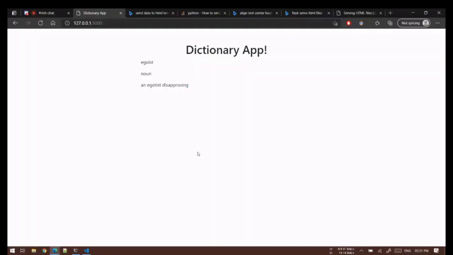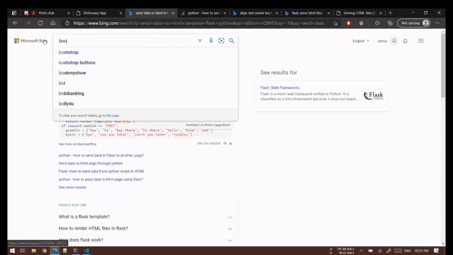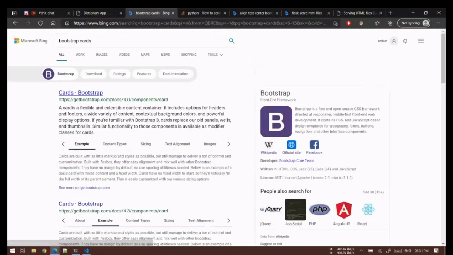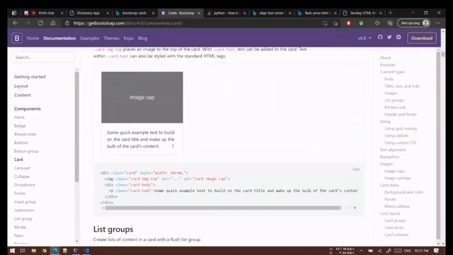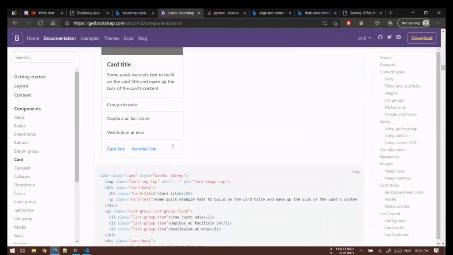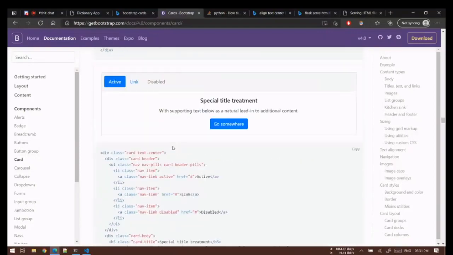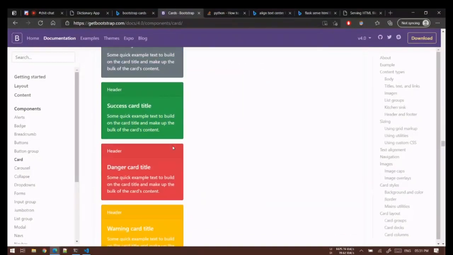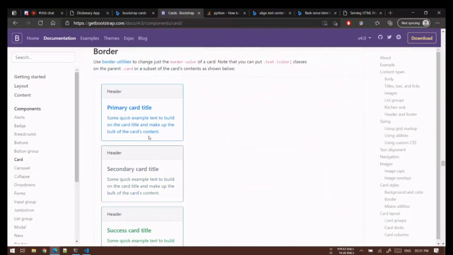Okay. So great. Let's bootstrap parts. Let's make it somewhat pretty so we can add more elements to it. So I want a card which is colored, and okay, so these are colored cards, and this is the card that I'm looking for.